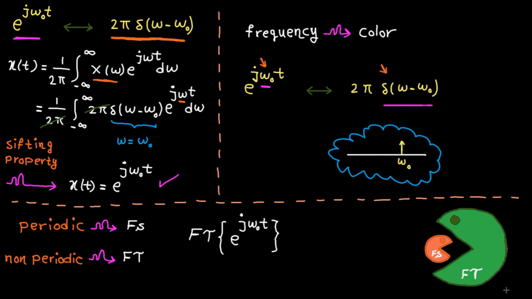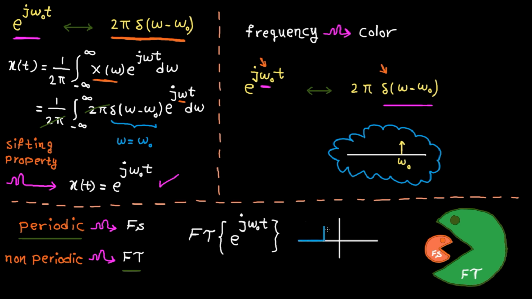Here's the short version of my defense. In the previous lecture, I drew this picture. As you can see, the Fourier transform monster is eating the Fourier series baby monster. This basically means Fourier transform includes Fourier series, and you can find Fourier transform for a periodic signal. I will dedicate one full lecture to this topic, but for now, if you are curious to know why, let's